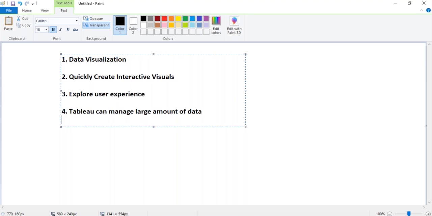By using a query, first we can bring the data, then visualize it. So there is flexibility for this. That's why Tableau can manage a large amount of data without any performance issues. Then we can use scripting languages.